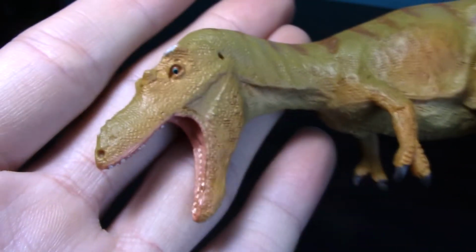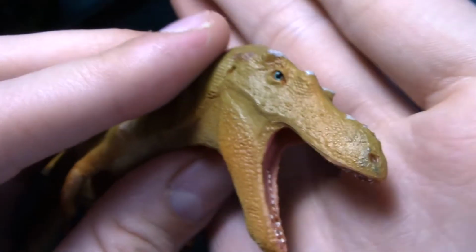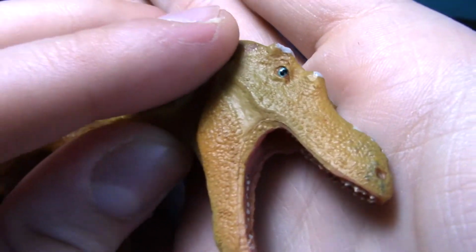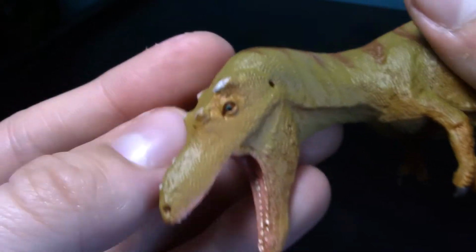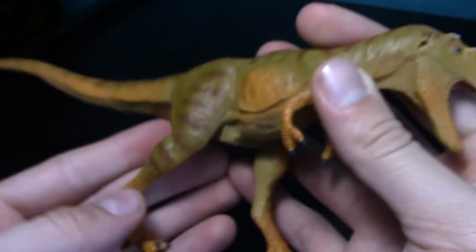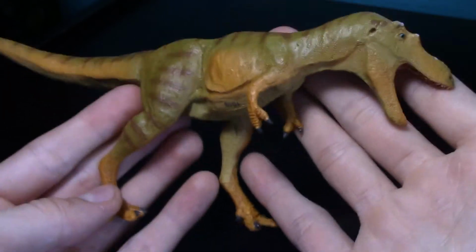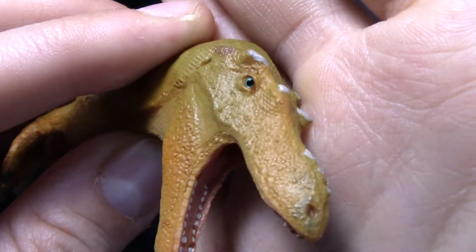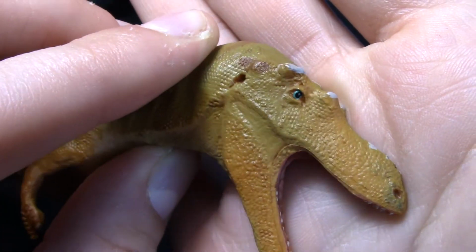I totally thought it was light blue because in most cameras, it comes across as blue. There's like a light sky blue or something, but it's totally a turquoise. And I don't know if it's coming across super well on camera. I tried changing the settings a little bit to make it so that you actually get a more accurate depiction of the colors on the figure. And this seemed to be the best settings on my camera,